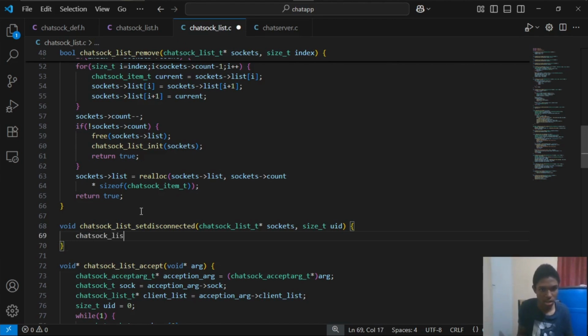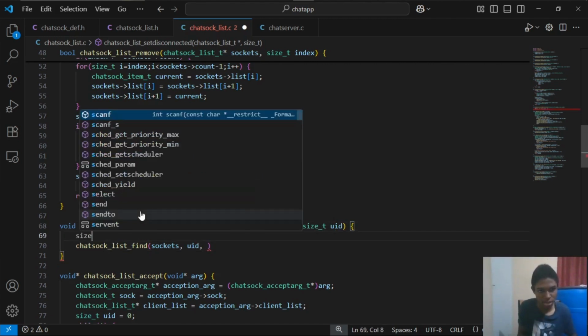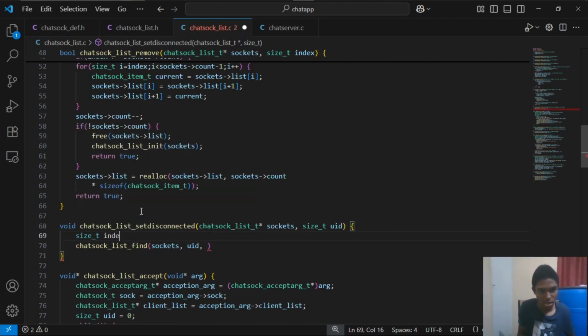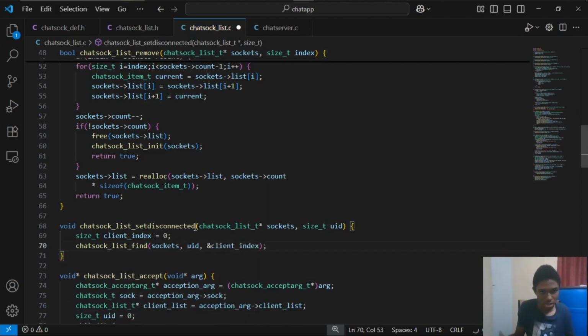So we'll do a chat_sock_list_find sockets UID, and then it will return an index. So we'll have a size_t, let's just call it client index. We'll set it equal to 0, then we'll pass in a pointer to our client index. Oh, let's just call it set disconnected status, and then we'll have a bool status,